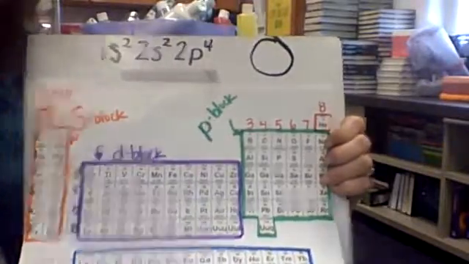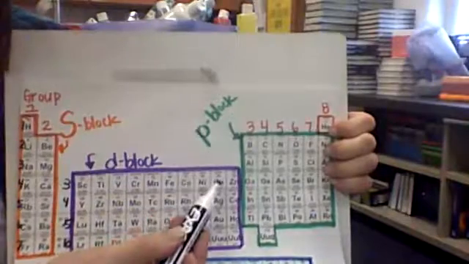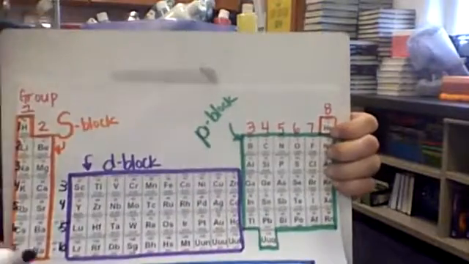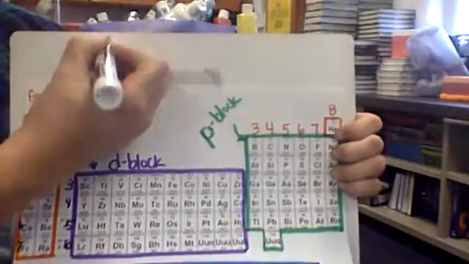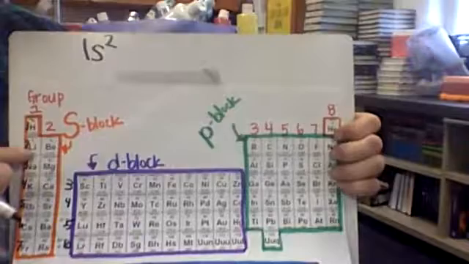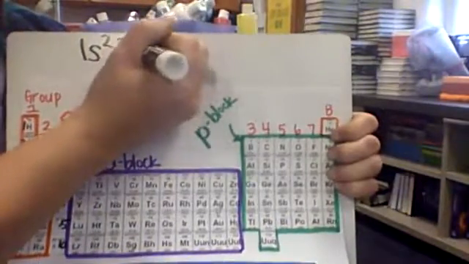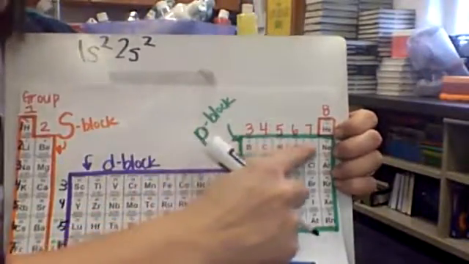Let's try another one. This time we're going to add in a D block. So let's say we are moving down to copper, which is right here, Cu. Again, follow it like a map. You must take every step on the map. 1s2, down to row 2, 2s2, still in row 2, fill in your P, 2p6,